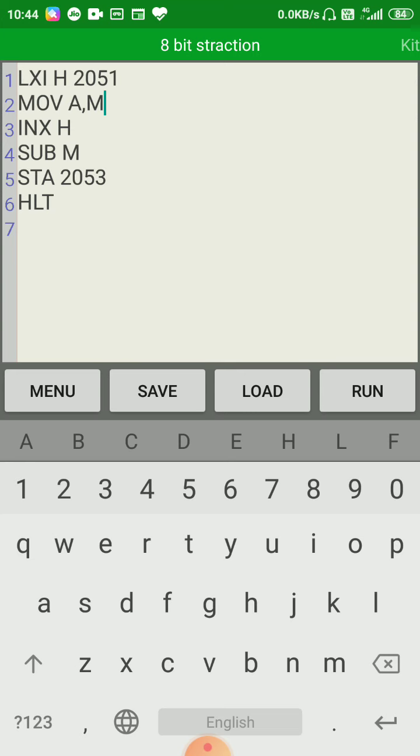This means immediately load HL with memory location 2051, and the next instruction, MOV A, M, moves the memory location data to accumulator, and after that INX H. This instruction is used to increase the HL pair memory address.